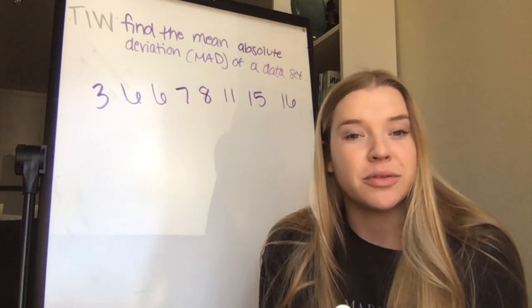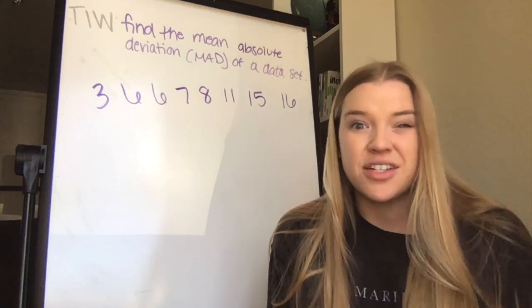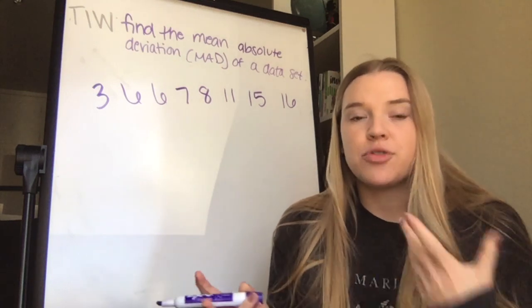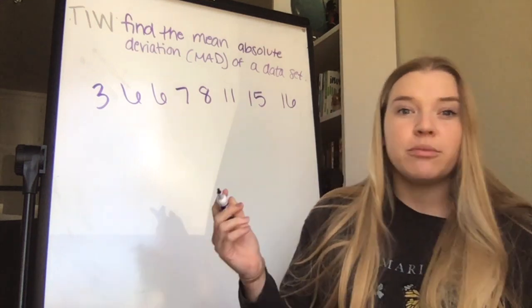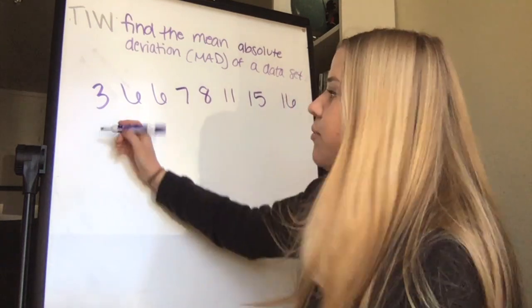All right, welcome back. I hope you have something to write down with. Okay, so when we are finding MAD, the first step is going to be to find the mean of the data set. This is what we're going to use throughout the problem. We're going to have to refer back to that. So make sure that you're finding the mean and make sure that you're finding it correctly, okay? So step one,